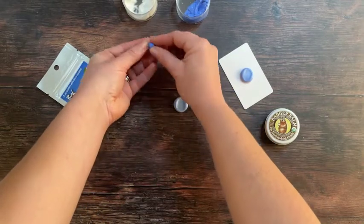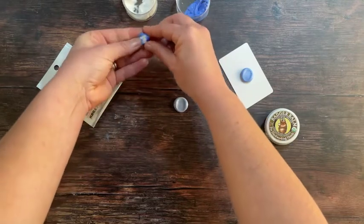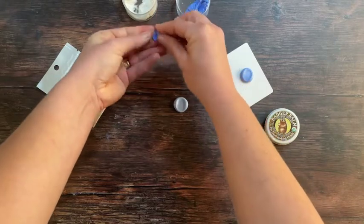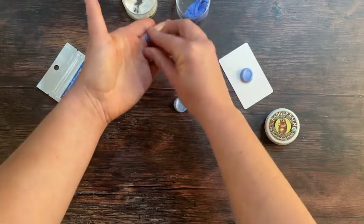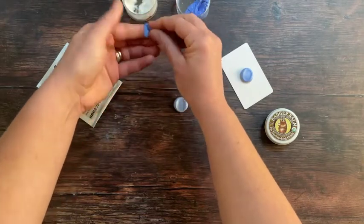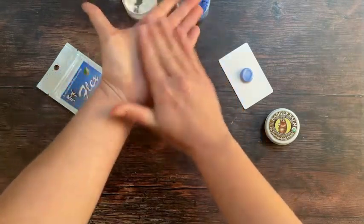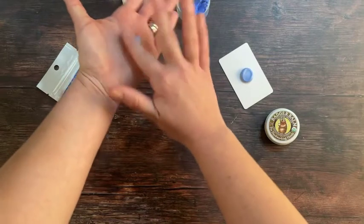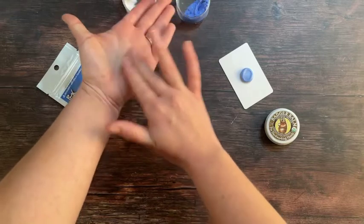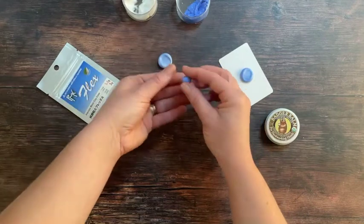You combine them in exactly the same way as before, working as quickly as you can. It needs to be the same light blue uniform colour with absolutely no streaks. Once you can see that you've got a uniform colour, not quite, still a few streaks there. Roll into a little smooth ball, exactly like before, making sure there's no folds or pits or creases that will spoil your fingerprint. Now take your first fingerprint mould